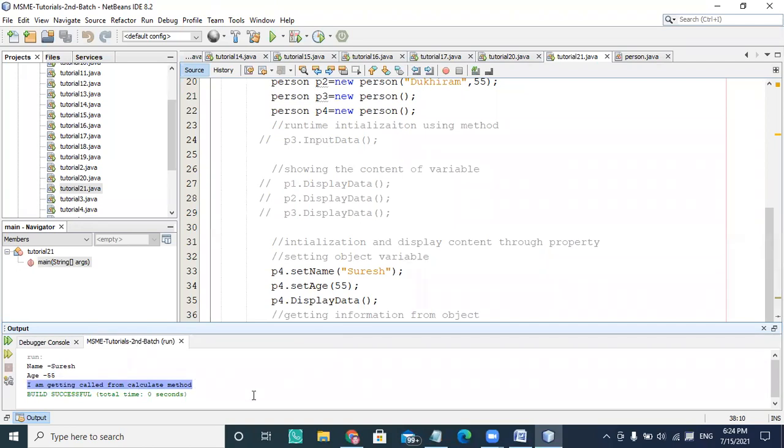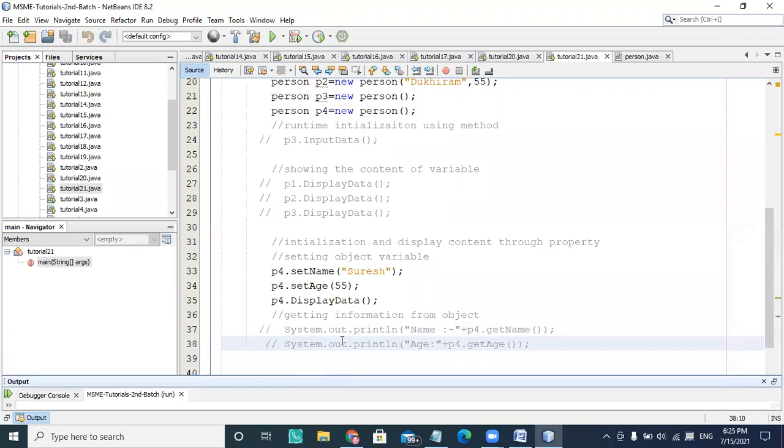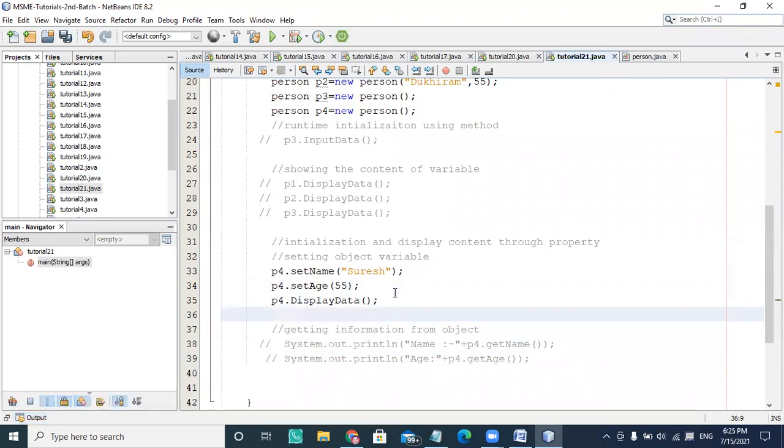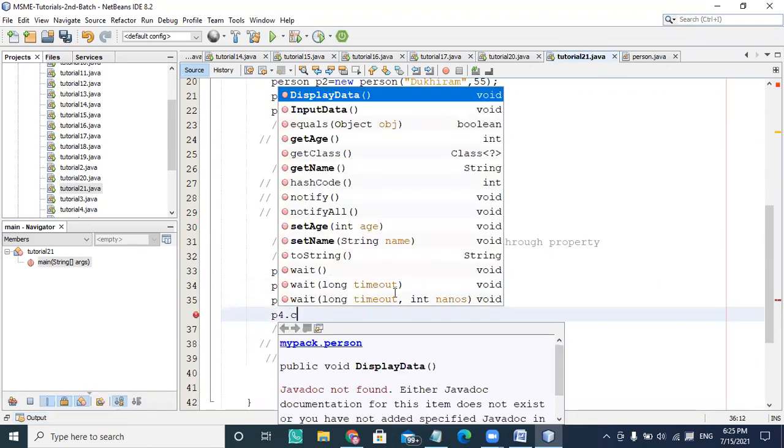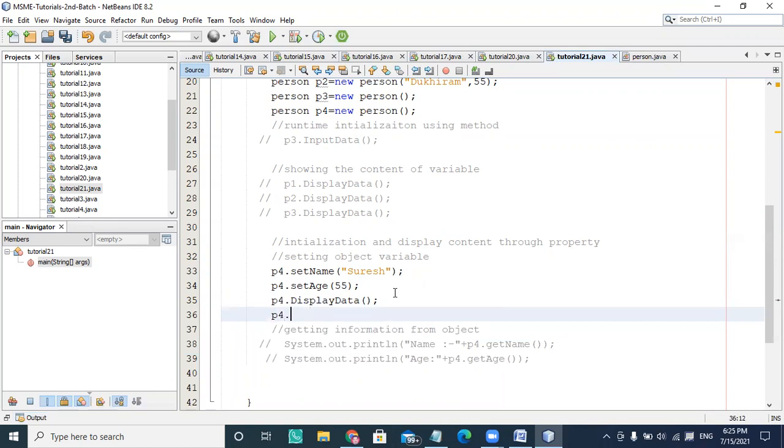So I'm getting the call from the calculate method, even though it is private, because my public method is calling it. But I can't directly access the calculate method. If I try p4.calculate, it is not accessible here.